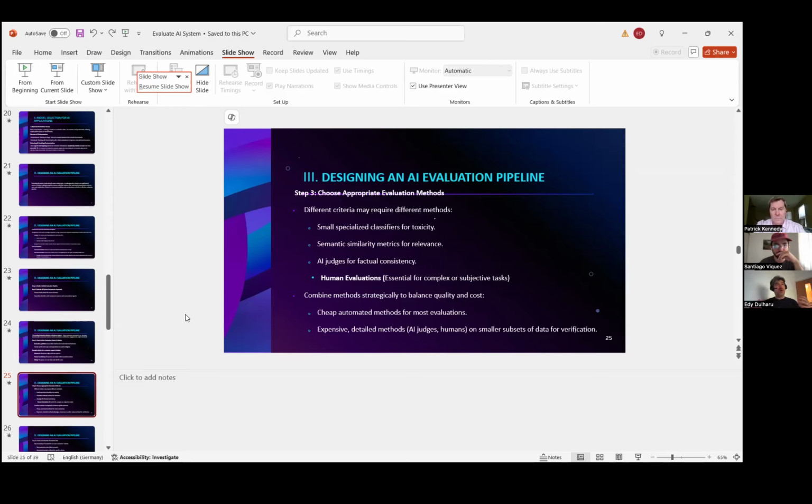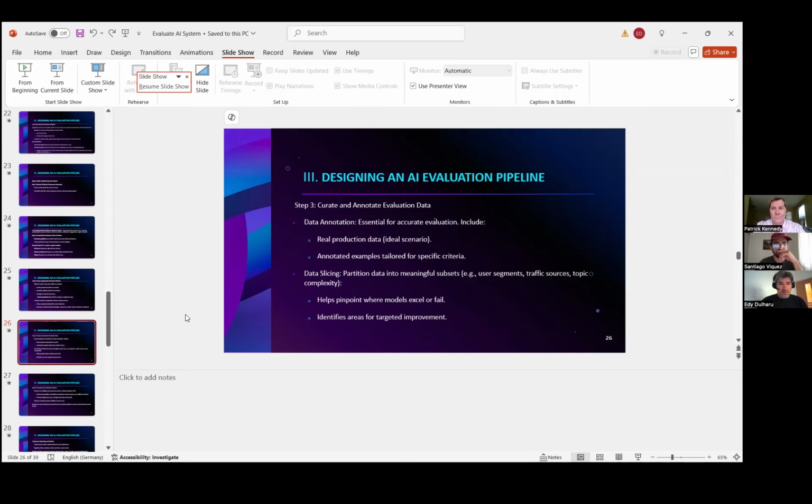cost. So I see it as a triangle where we have the quality, we have the cost, and we have the precision of the model. We can stretch this triangle in different ways based on what is more important. As I said, if cost is more important, and we make that part of the triangle smaller, then it will impact the others.